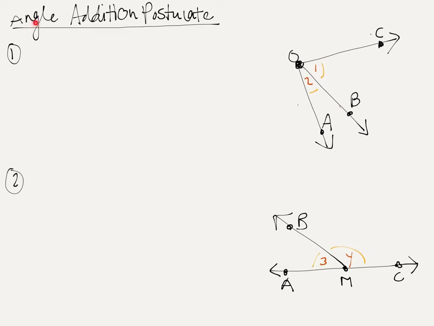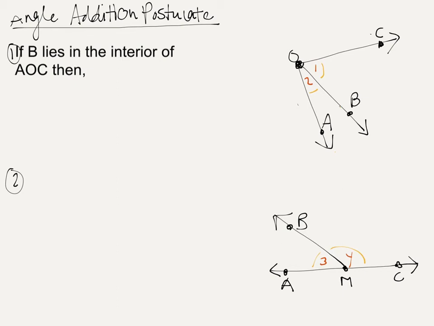Okay, now the angle addition postulate. This is similar to the segment addition postulate, except this one has two different scenarios. Let's go ahead and go through them. So the first part says, if B, and of course they mean point B, lies in the interior of angle, I'm going to leave a space for that, AOC,